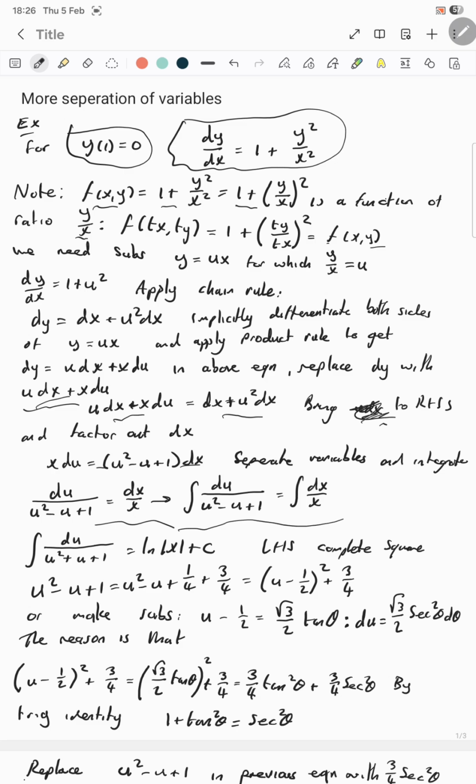Separating variables and integrating is all pretty straightforward. We get this equals ln of x plus c. Now the left hand side, we'll complete the square, which gives us this. Or we could make the